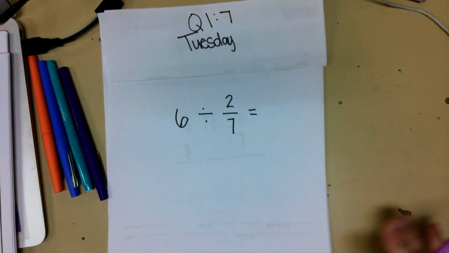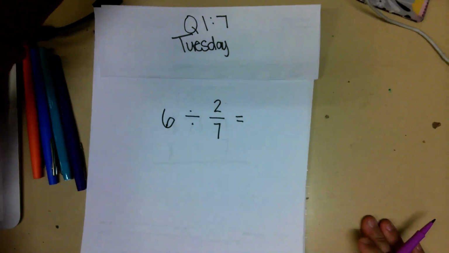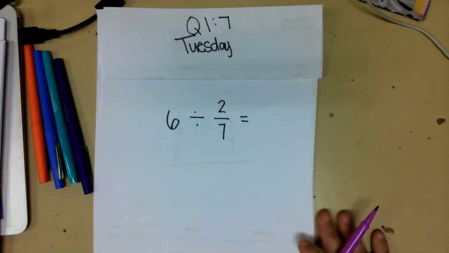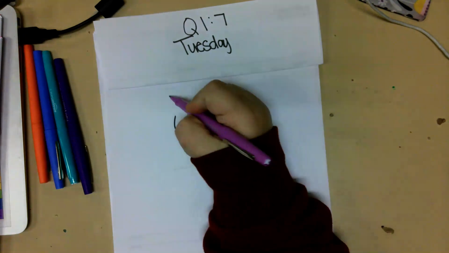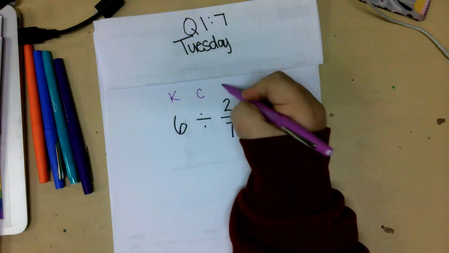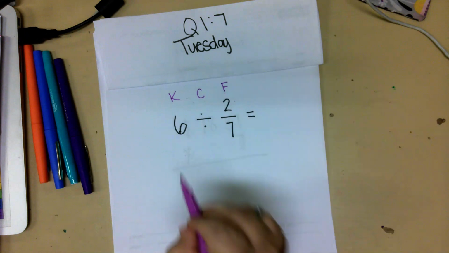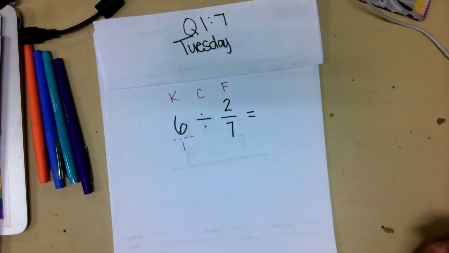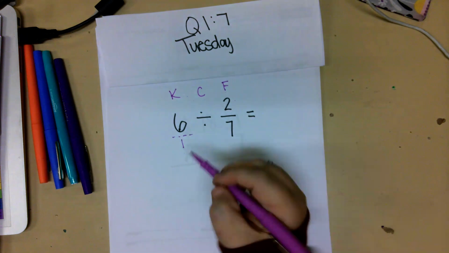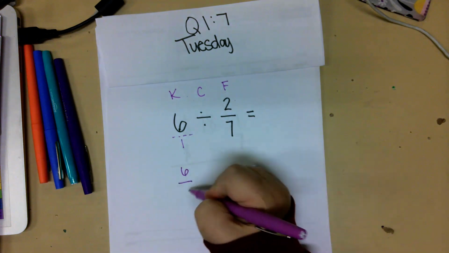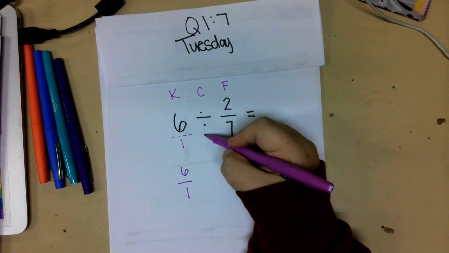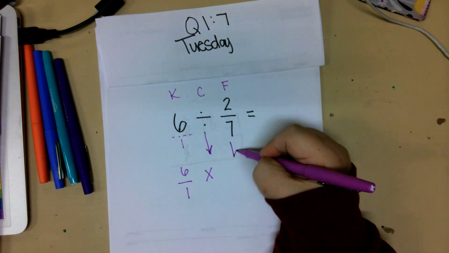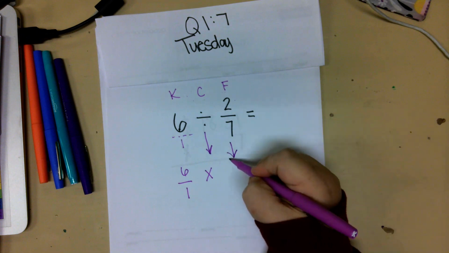All right, the third problem, we are dividing with a fraction. So we've been doing lots of these. We know that when we divide with a fraction, we're going to keep, change, flip. Hopefully we know that by now, right? Keep, change, flip. So invisible math, remember, tells me that any whole number is really over 1. Okay, so we're going to keep that 6 over 1. We're going to change our symbol to a multiplication, and we're going to flip this last fraction so it's 7